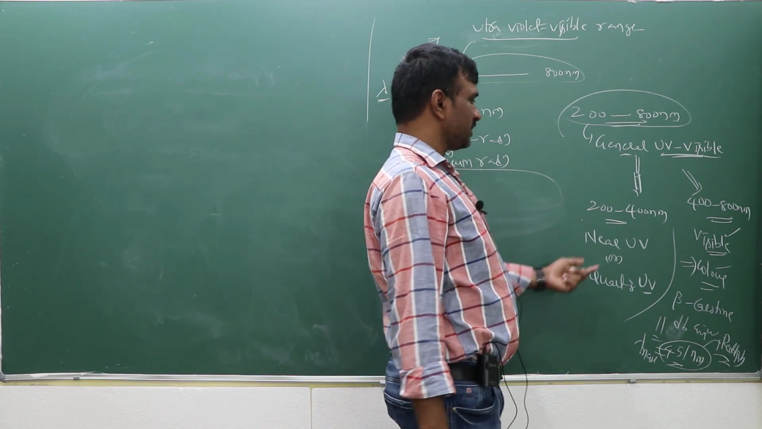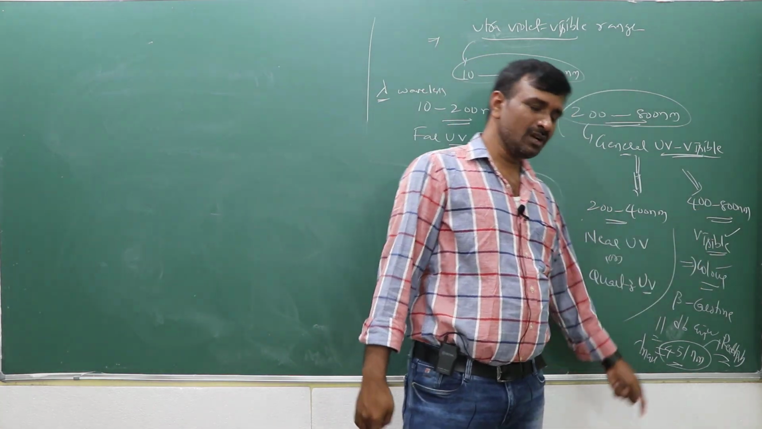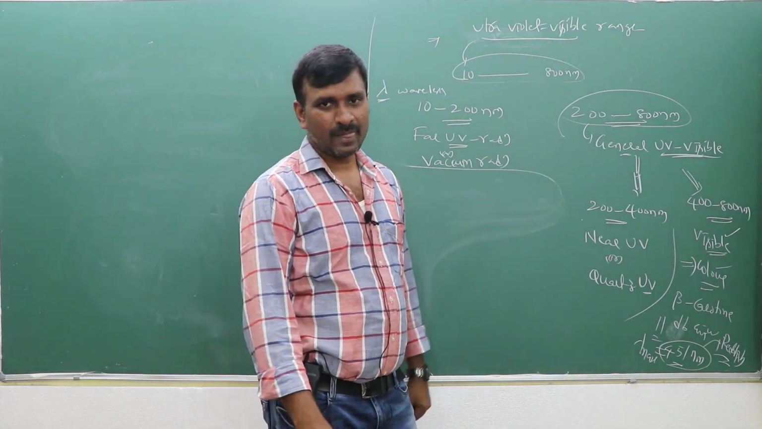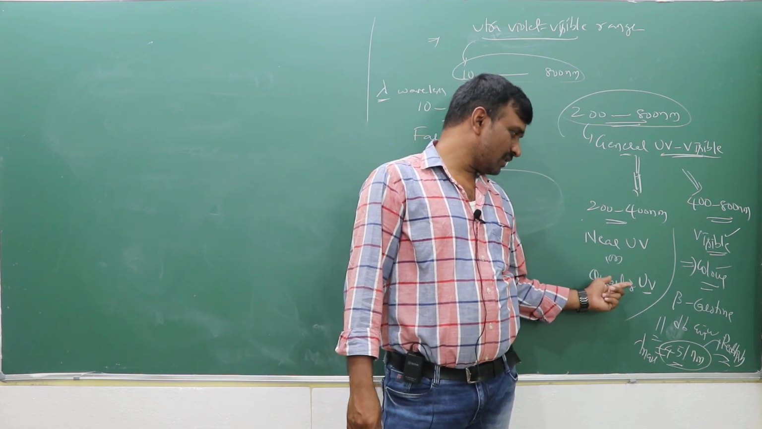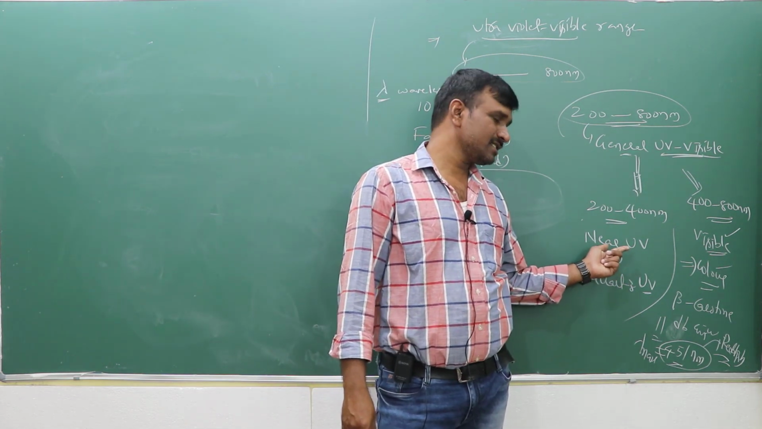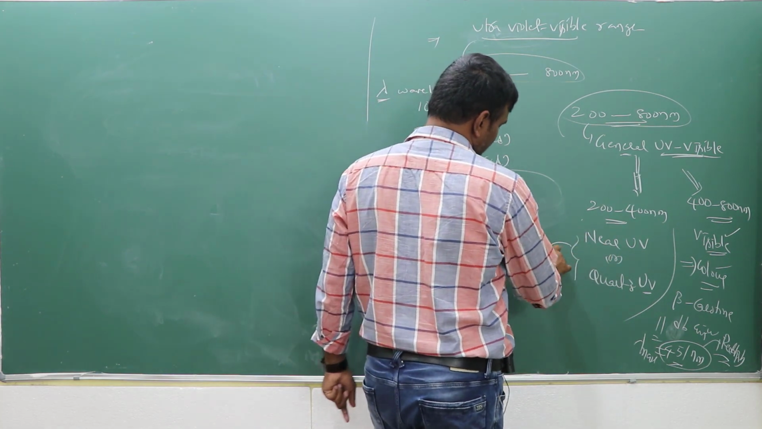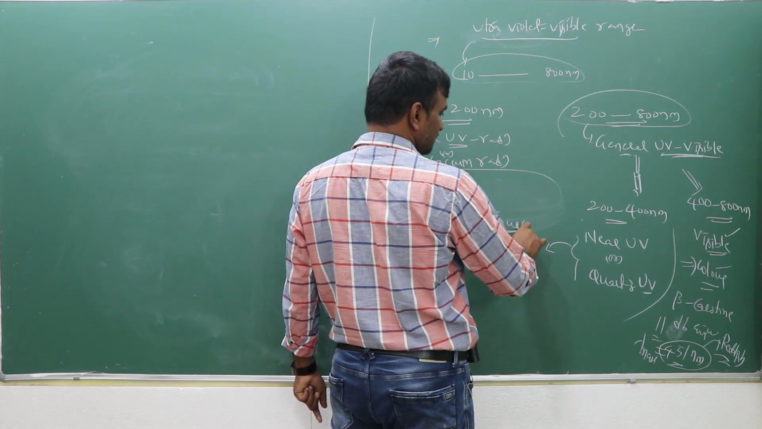And out of this, 200 to 400 is near UV and 400 to 800 is visible, and 10 to 200 is far UV or vacuum UV radiation. So the energy sources for the near UV or quartz UV radiation: the hydrogen or deuterium discharge lamps will be the source for releasing this